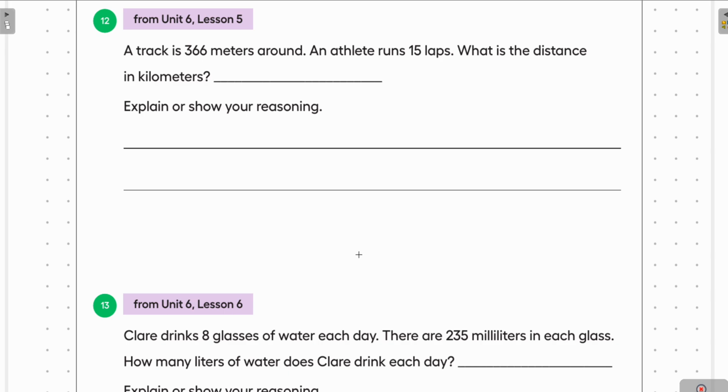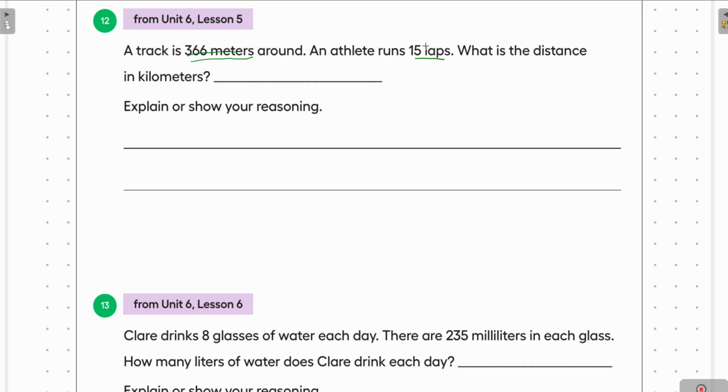So we got here, a track is 366 meters around. An athlete runs 15 laps. What is the distance in kilometers? Okay, so the first thing I need to know is the distance in kilometers, right? So we got 366 meters and 15 laps of 366 meters. So that means that we have to multiply